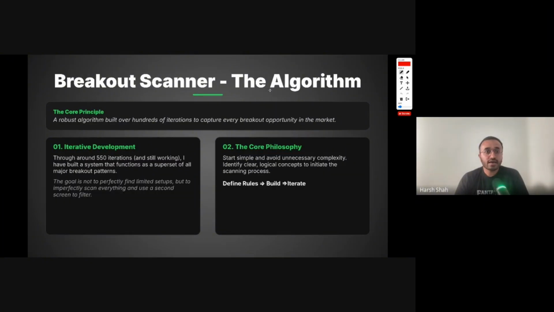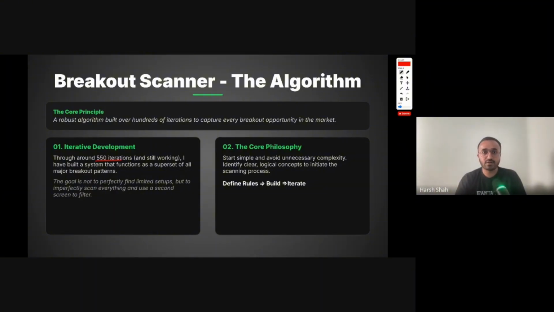The algorithm, the way I built it, is I went back and looked at least hundreds of examples. I documented that in a Google Doc. I looked at what the common things are, what the max drawdowns are, and I extracted key rules that I wanted in my algorithm. So right now, I have made around 550 iterations. I'm working each and every day on the scanner because there are false positives which I want to stay away from, and I'm still working on it today.